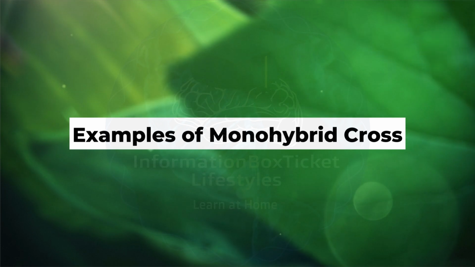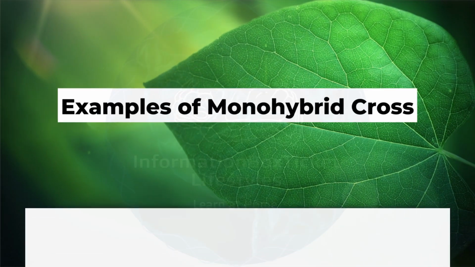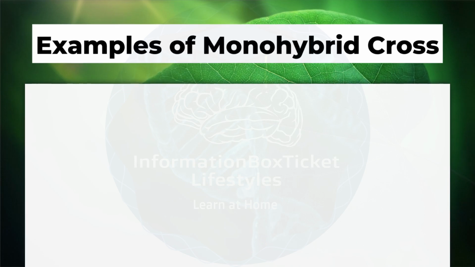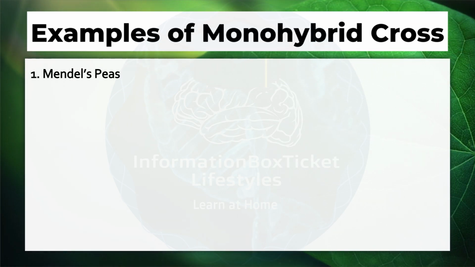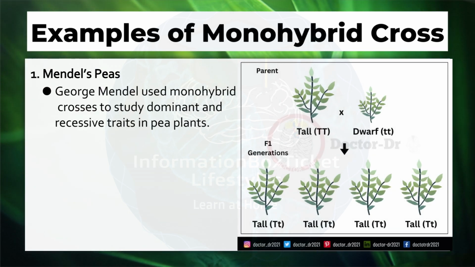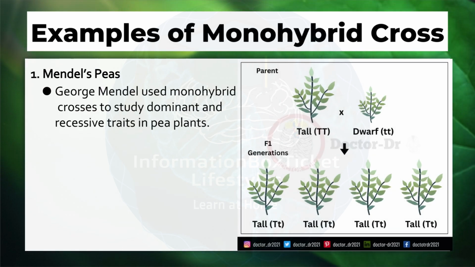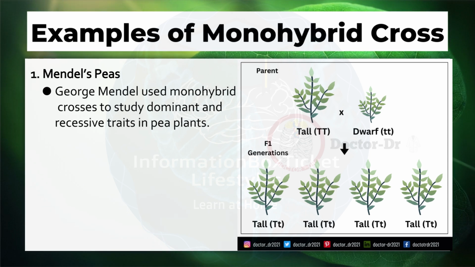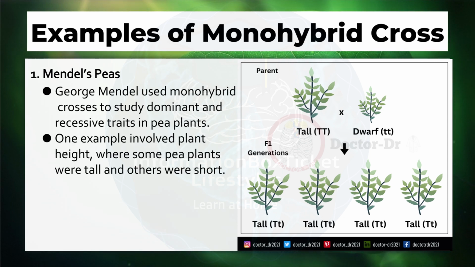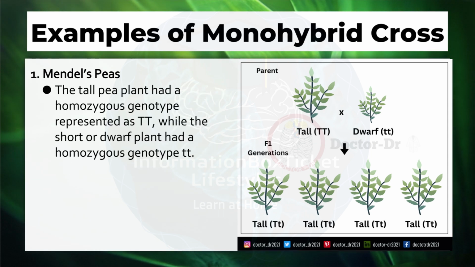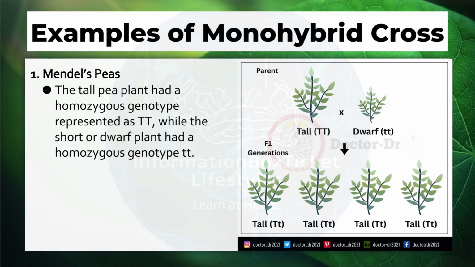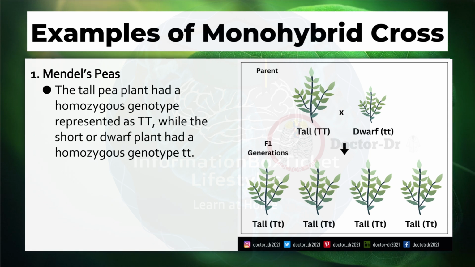Examples of monohybrid cross. First, Mendel's peas. George Mendel used monohybrid crosses to study dominant and recessive traits in pea plants. One example involved plant height, where some pea plants were tall and others were short. The tall pea plant had a homozygous genotype represented as TT, while the short or dwarf plant had a homozygous